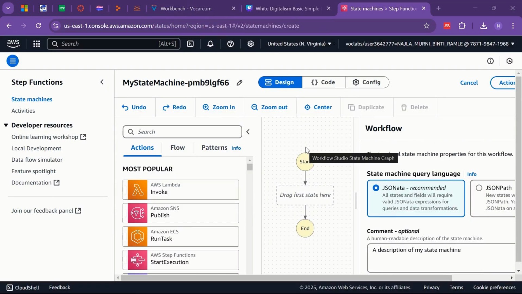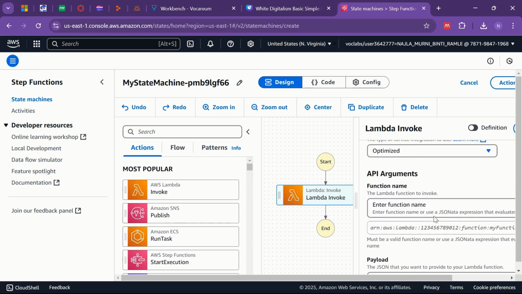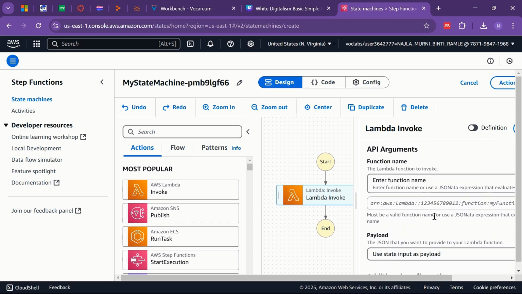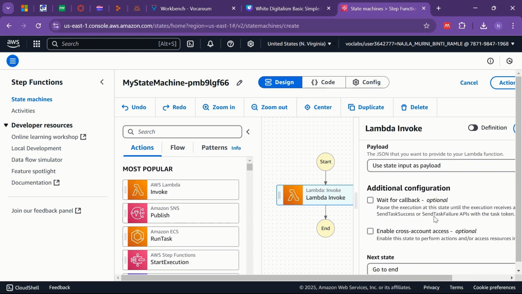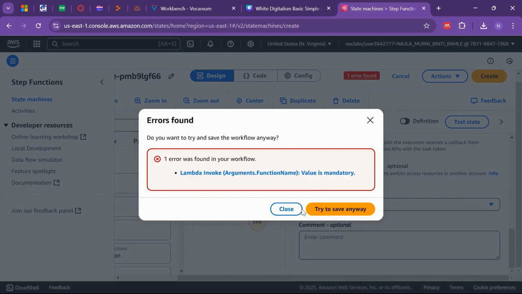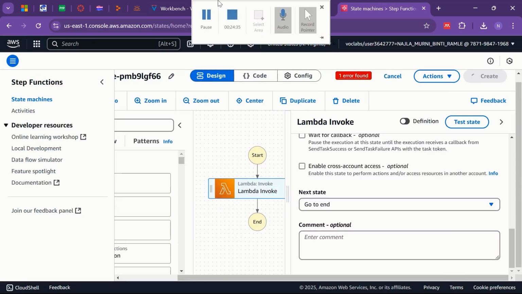And then you can build your flowcharts or workflows. We can use a state machine to define our workflow. And we can set the necessary settings and click create. But since I'm using a sandbox, there is